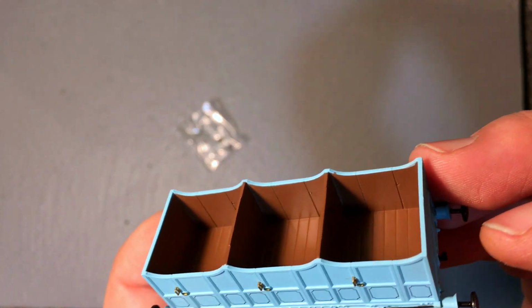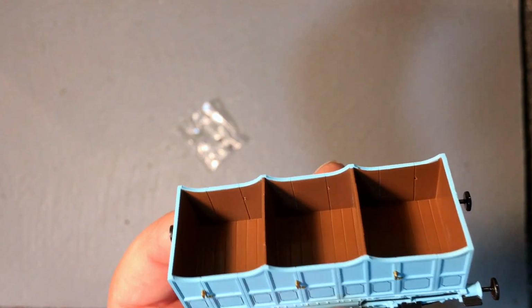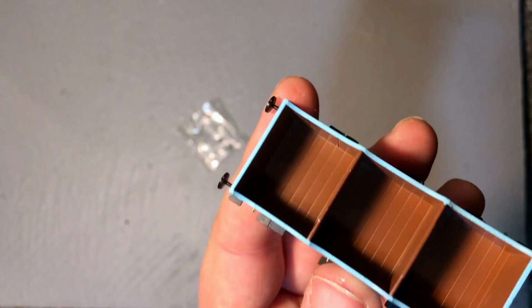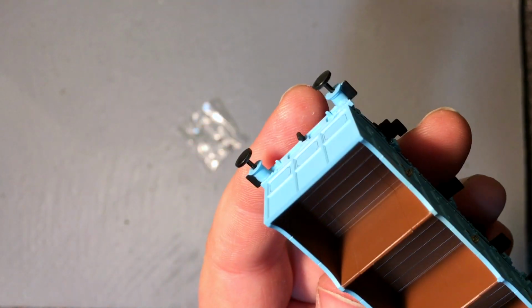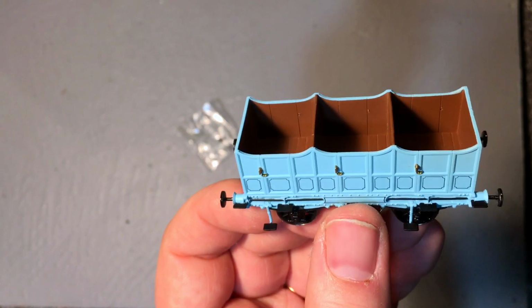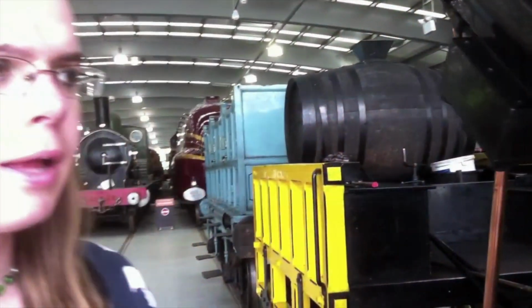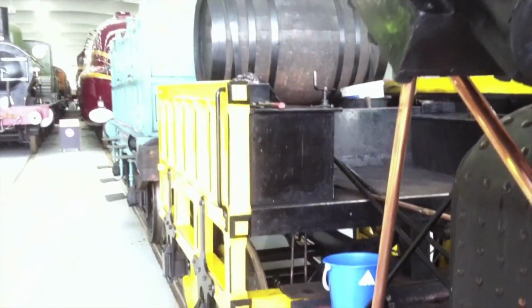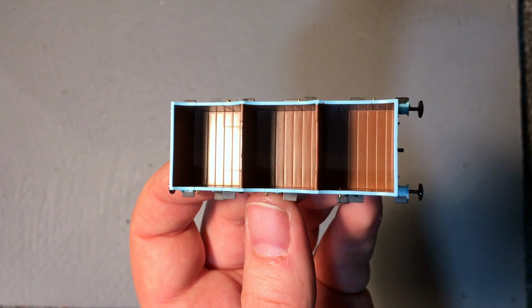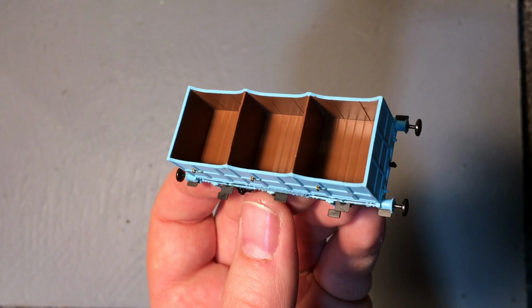We have the representation of the insides of the door, something you don't often see because of the limitations of the injection moulding. We have the partitions between these three areas. We've got the planked floor as per the prototype. But there's no bench seats whatsoever in here, and it's my understanding, although I haven't actually seen inside the real ones as they're presented at the National Railway Museum, you kind of walk up to them at ground level, but I believe that they should have just sort of like a very simplistic wooden bench seat of some description, probably even just slats from one side of the wagon